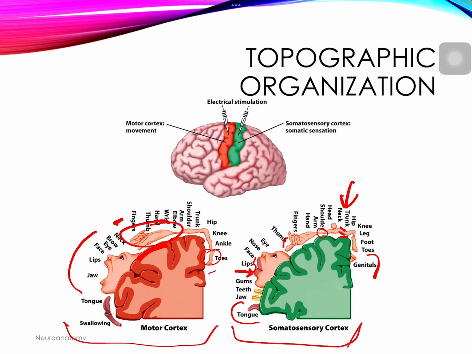Now, let's say something happens and you lose an arm or a hand. Well, then the area of the cortex that's devoted to that particular motor function might be taken over by, let's say, for example, the toes and the feet. And so that's why you see people are able to compensate. This is neuroplasticity at its finest. You see that the function can take over one area if, for example, something's lost.